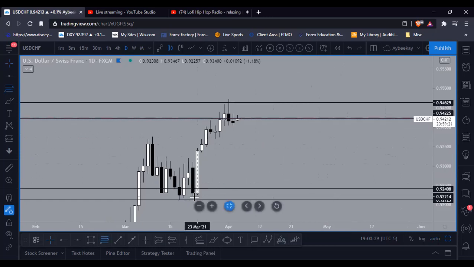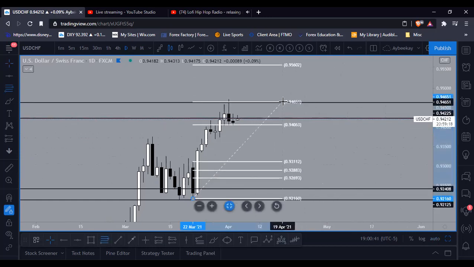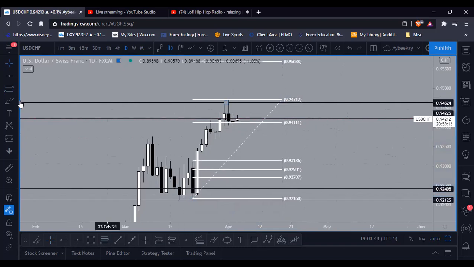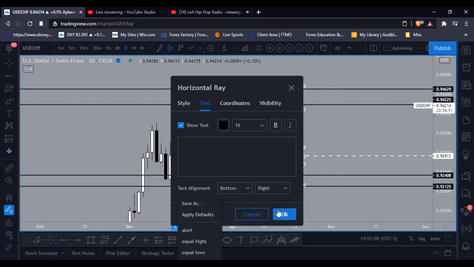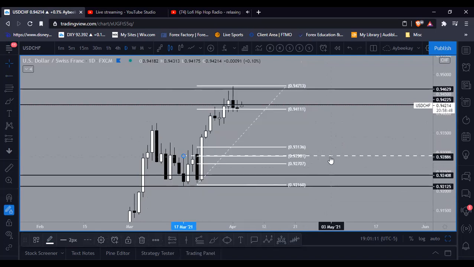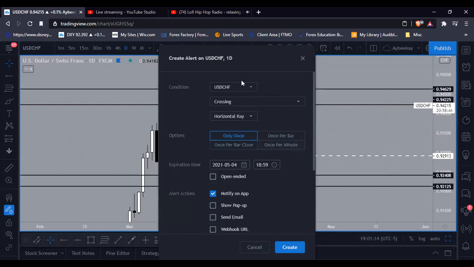But overall, if I were to get into a trade on this, what I would have to see, especially with the rejecting like this, I would have to see that fall to 0.92900. I look for a buy and continuation to the upside. So that's what I would look at personally with you, Chef, if I'm looking for buys. So first of all, I'm going to set that up as an area of interest. Just want to set an alert and say